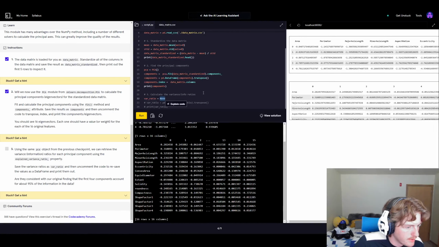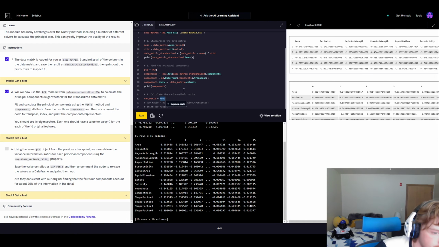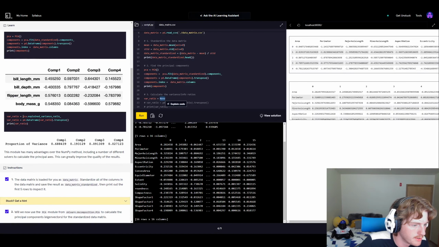Now, using the same PCA object from the previous checkpoint, you can retrieve the variance ratios for each principal component using the explained variance ratio property. Save the variance ratios as var ratio, and then uncomment the code to resave the data values as a data frame and print them out. Are they consistent with our original finding that the first 4 components account for about 95% of the information in the data? Okay, so to do this, we're going to want to do PCA,